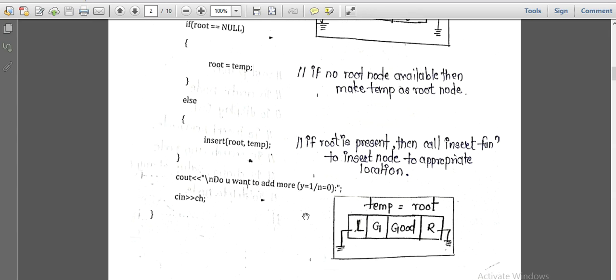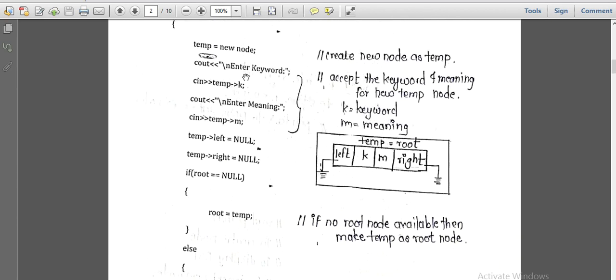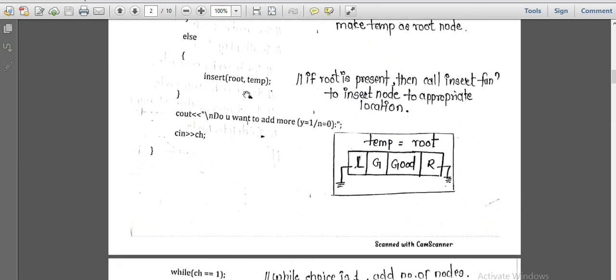And if you want to add some more, then we have to enter 1. If you don't want to add another node, then enter 0. And here is the choice we have taken from the user. If choice is 1, again the user is able to enter the next keyword and meaning. Again the insert function will get called and they get inserted over there.